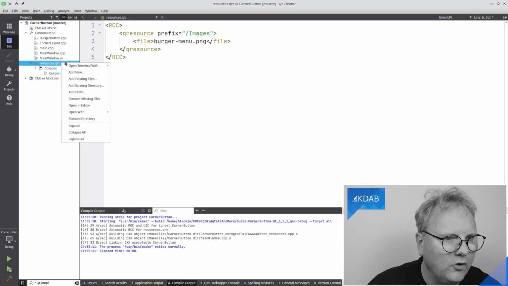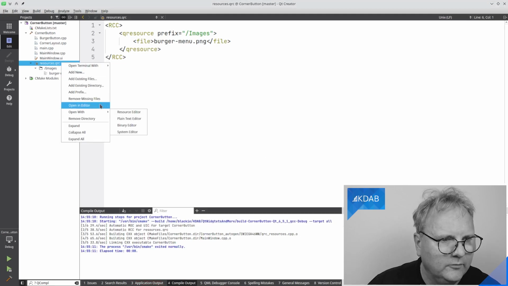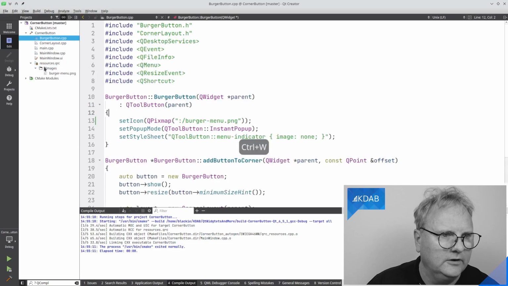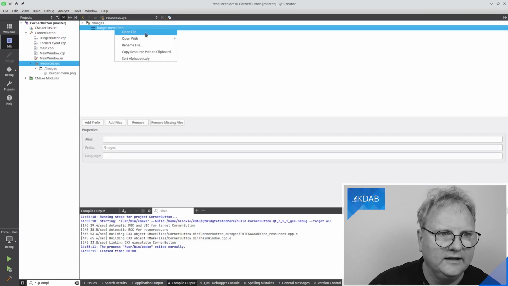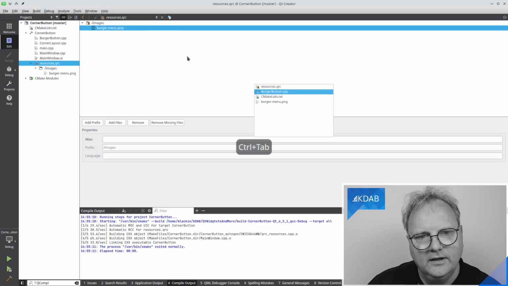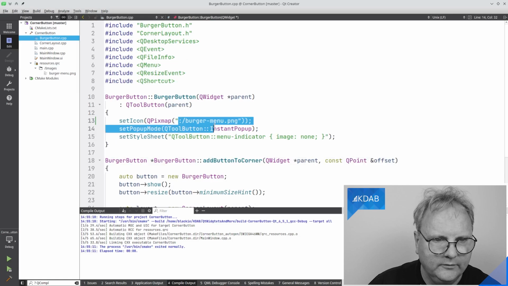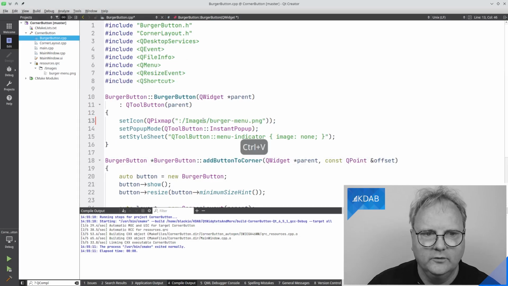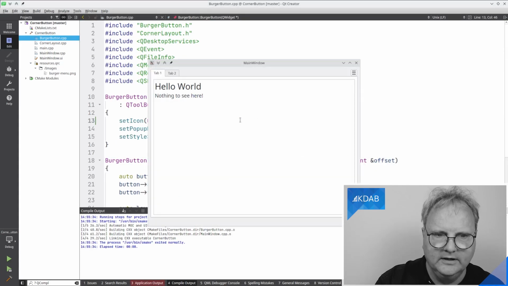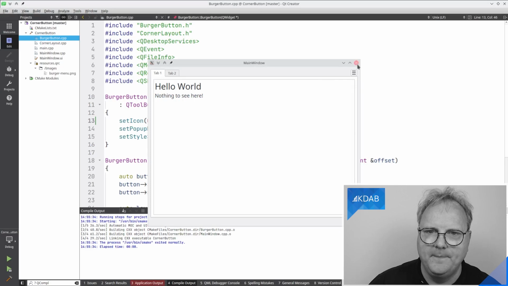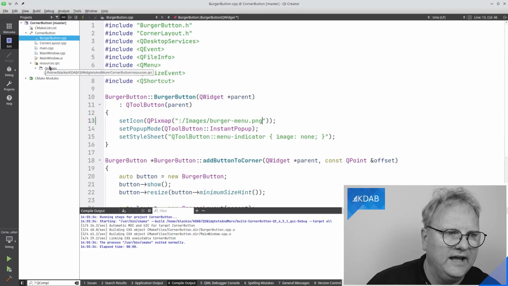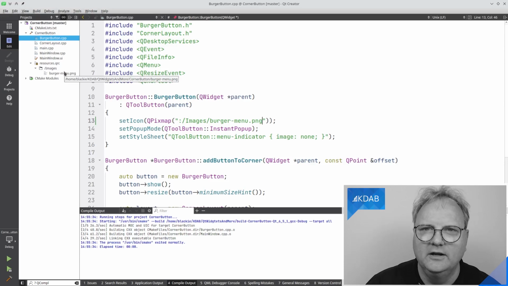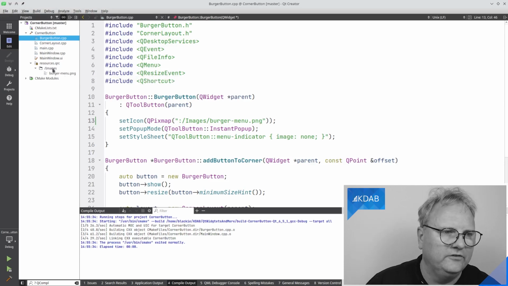So I'll have again open with or open in editor. Resources. Open in editor, right click, just copy resource and go over here at the resources now, call /images, burger menu, and we have it here. Okay, so to add a translation, what I need to do is to add another image subdirectory, but this time for the language that I'm interested in.